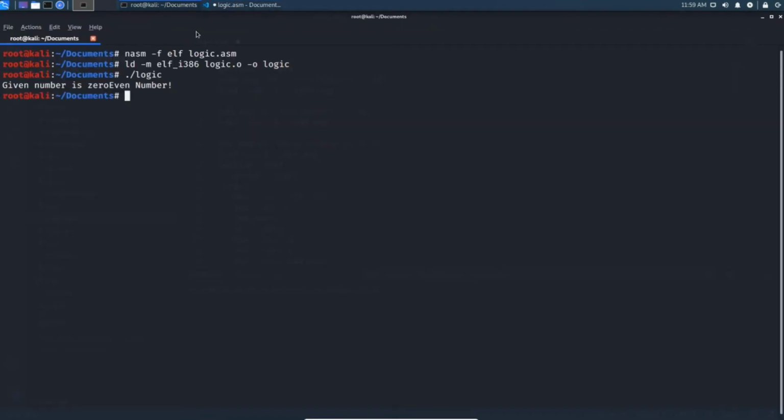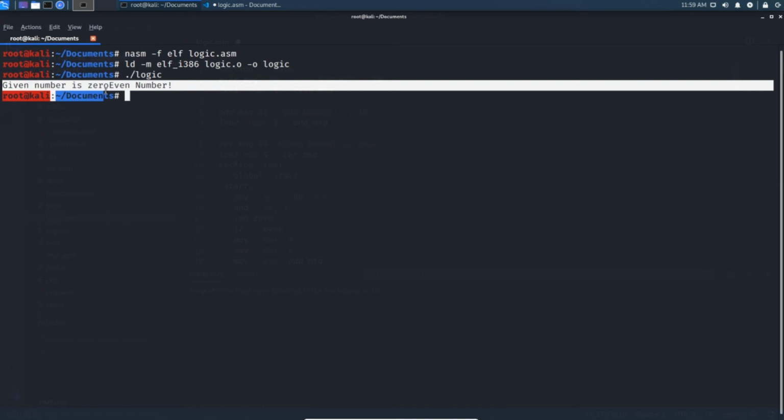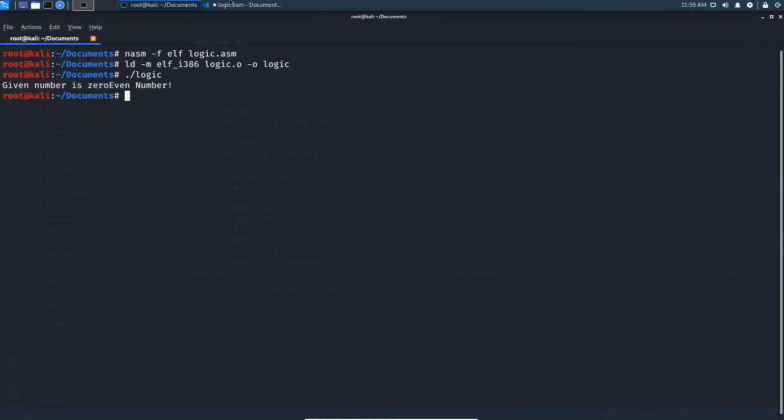Okay, let us check this. See here, we got two messages. One is "given number is 0" and another is "even number".